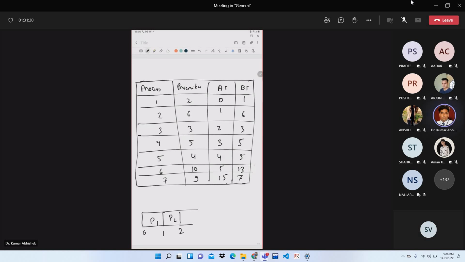At 2, P3 arrives, so P3 will be executing